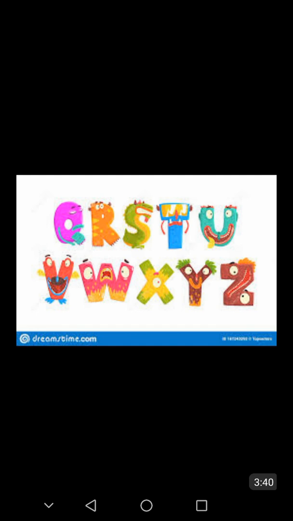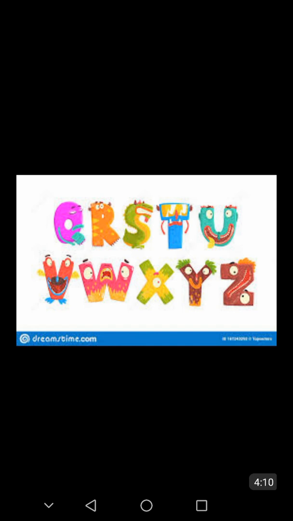Firstly, one student writes the alphabet from Q to Z on the back of another student, and that student has to recognize the alphabet. For example, one student writes the alphabet R with fingers, and that student will recognize that letter.